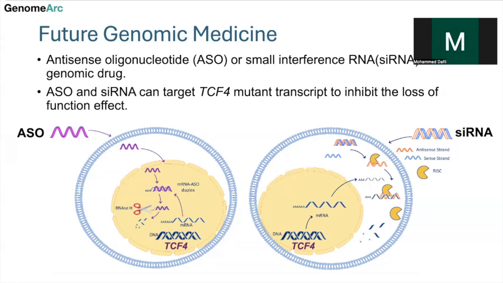In future, hopefully, there will be an ASO or siRNA drug that can be designed for these TCF4-related mutations and syndromes that can reverse the course of the clinical presentation. That is the hope for precision medicine for not just TCF4, but for many different rare diseases and rare neurodevelopmental